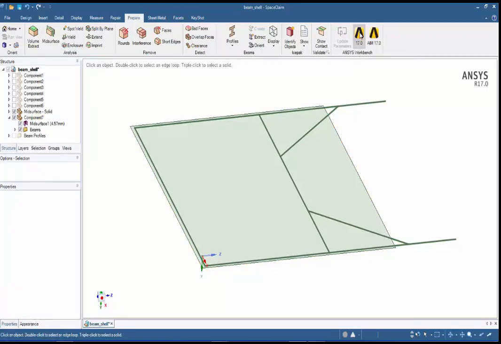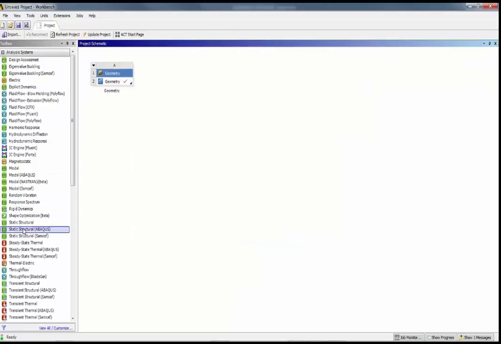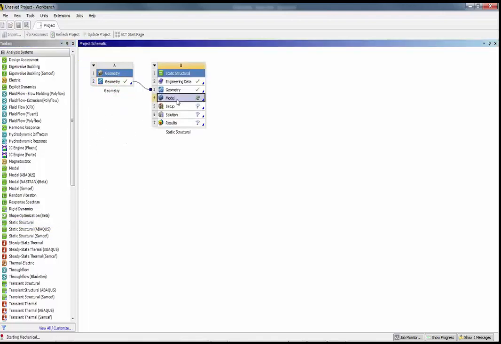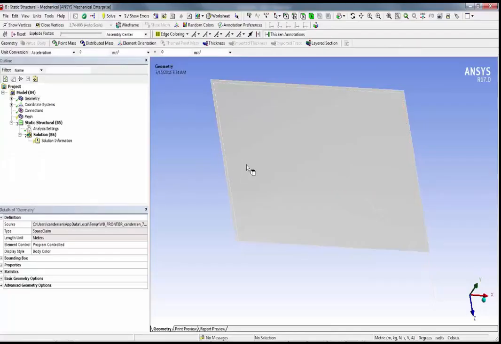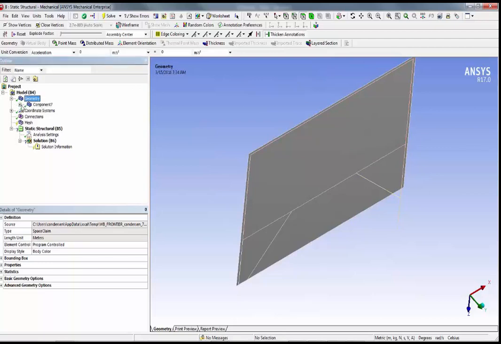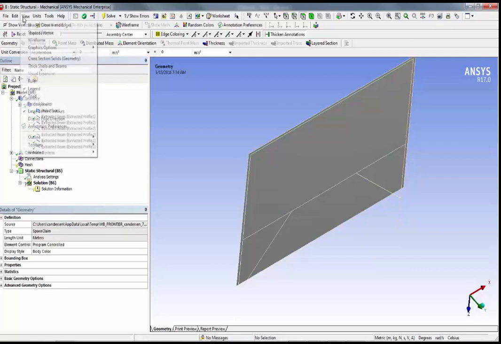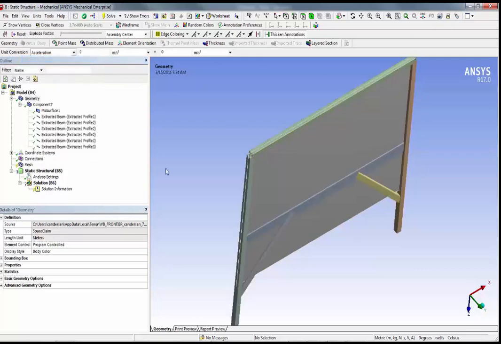Jump over to ANSYS. Once we're at the project page, just going to do a simple static structural analysis. Jump into the mesher. So here's our beam and shell model. You can see a single component or single multi-body part. If we take a look at cross-section solids here,